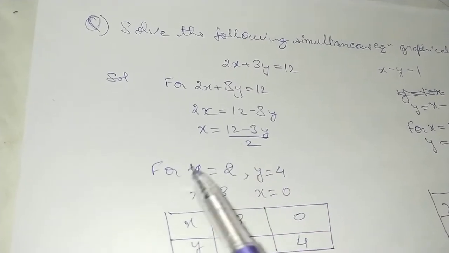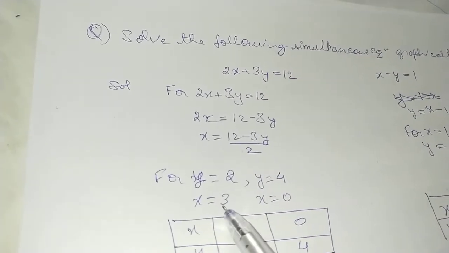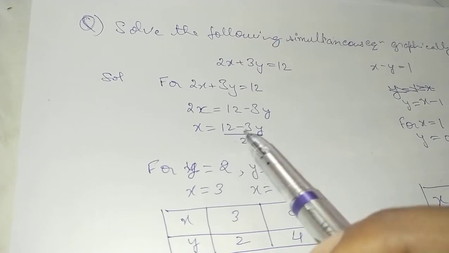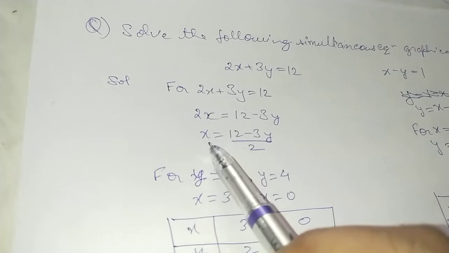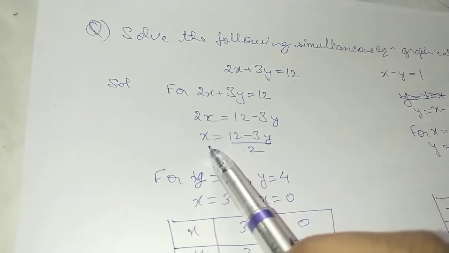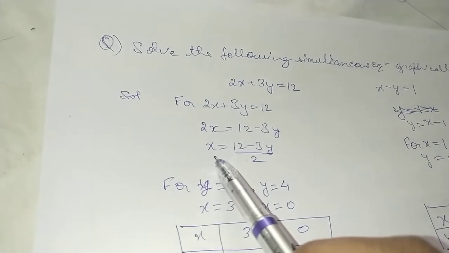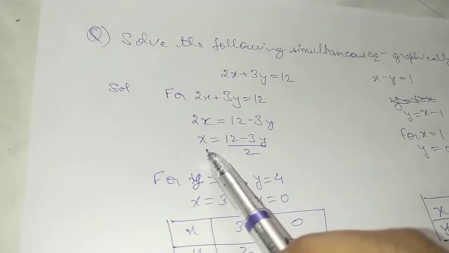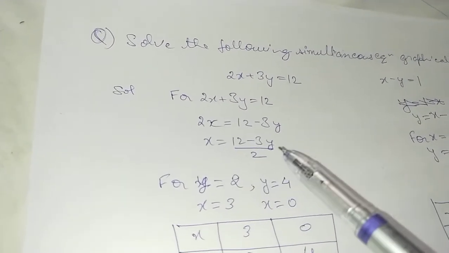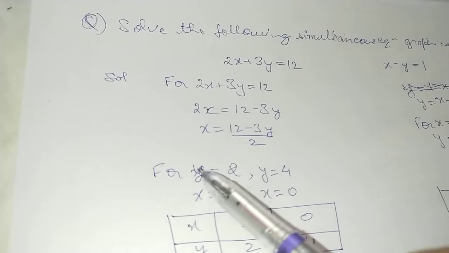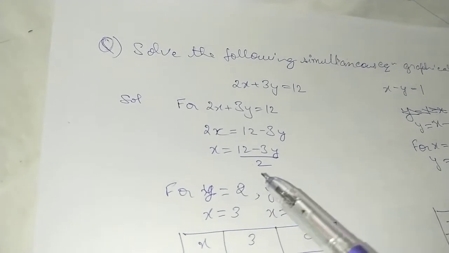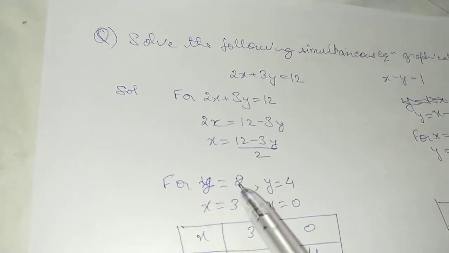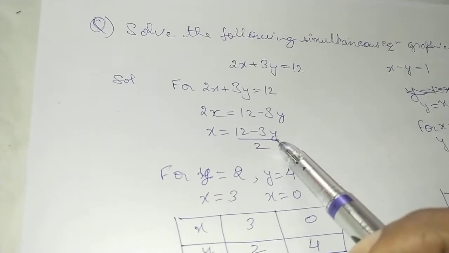Now we are going to use the hit and trial method. That means we are going to take the respective value of y and try to obtain a value of x that should not be in fraction form, because we can get fractions, but it will be a tedious job to plot a point in fractional form. That is why we are going to try to take natural or whole number values. So we will take the value of y.